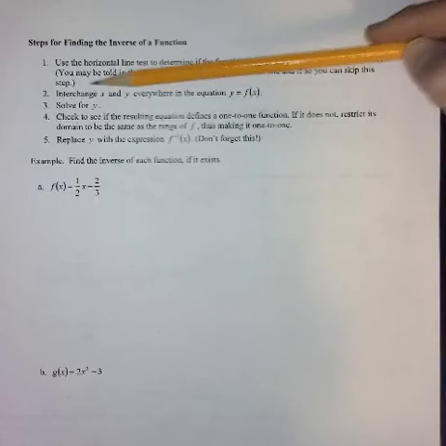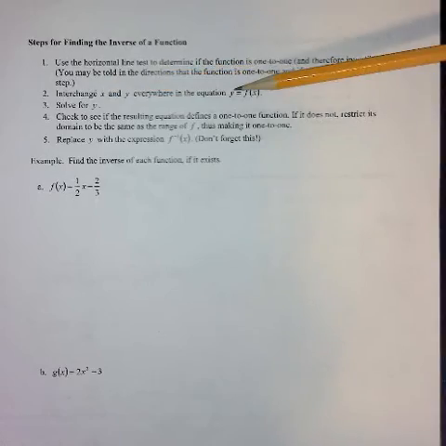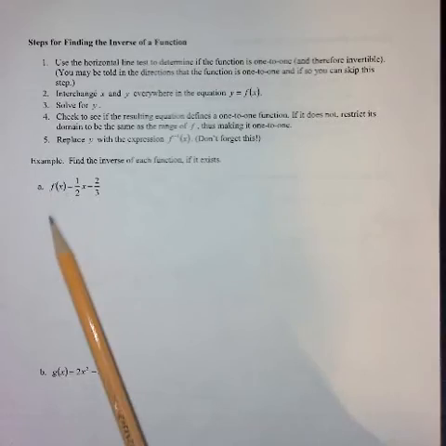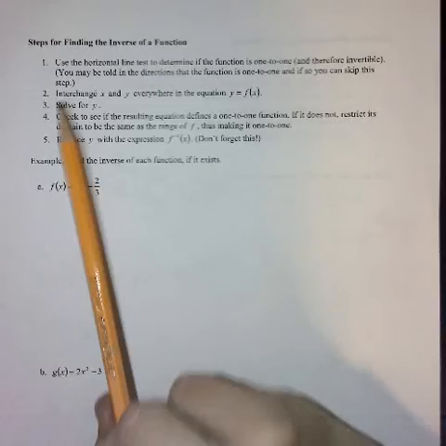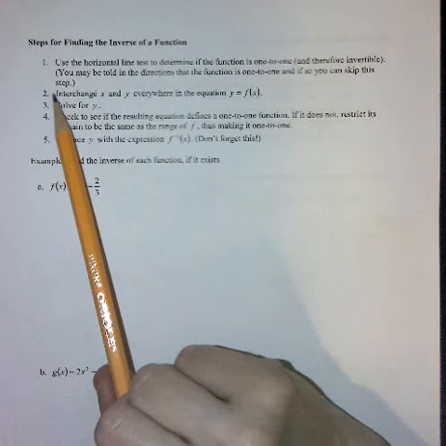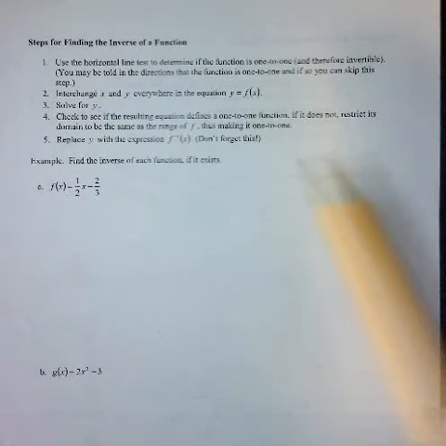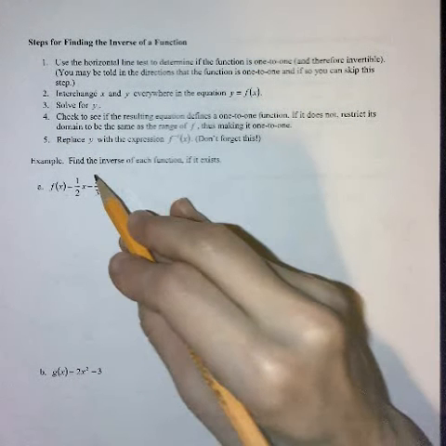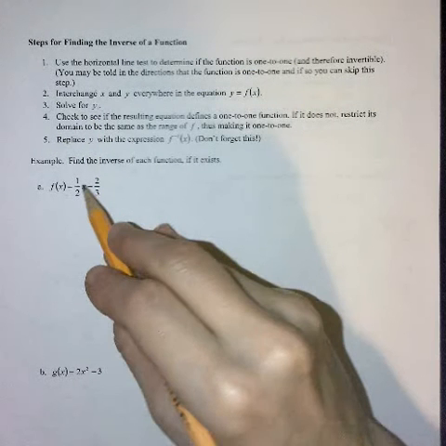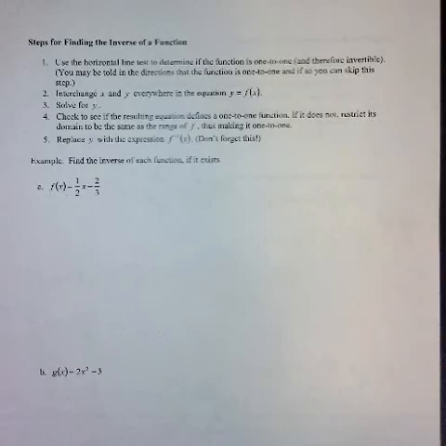And then in step 2, once you know it's one-to-one, we're going to interchange x and y everywhere in the equation y equals f of x. So like in this one here, we'll replace this with y and then switch the x and y. And then we'll solve for y. What that process, 2 and 3 together, does is basically give us the opposite operations that we need in the right order. So that kind of just keeps track of everything for us,